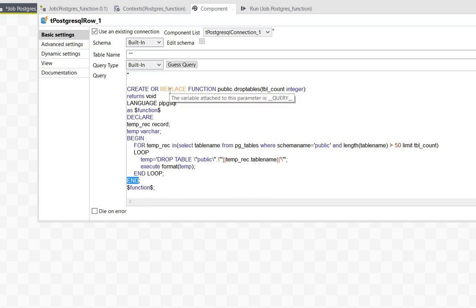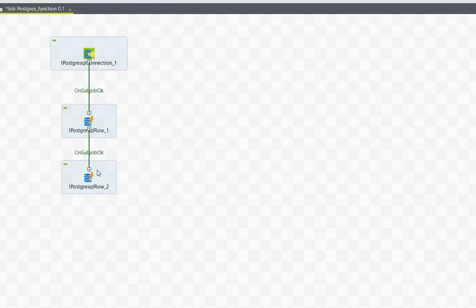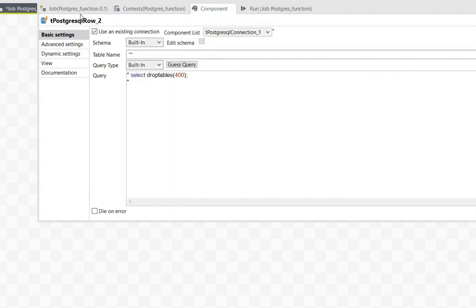So I'm running this function. When you place this PL/SQL code of the function here in the PostgreSQL row, it will create a function using this code. After the function is created, I have used one more component, the same PostgreSQL row component, in order to